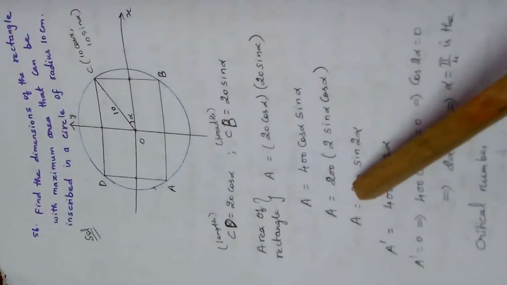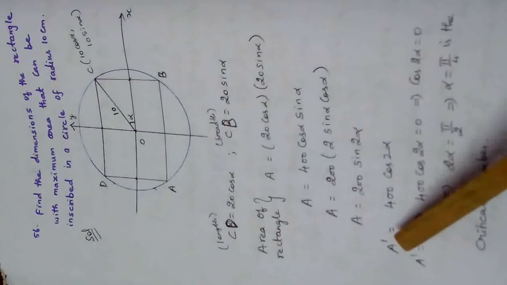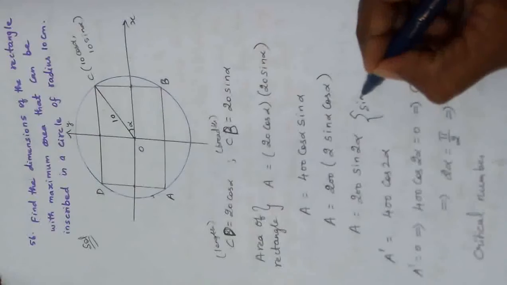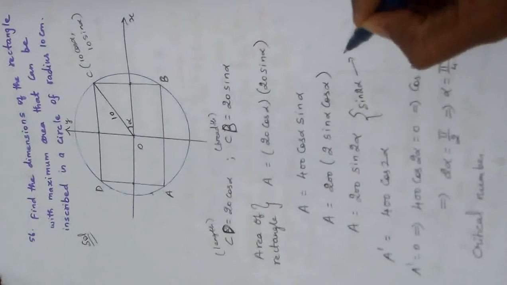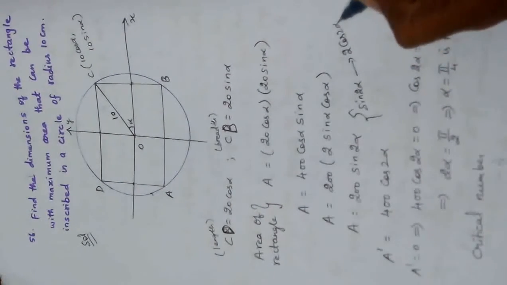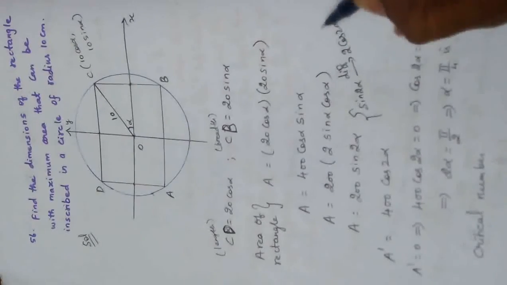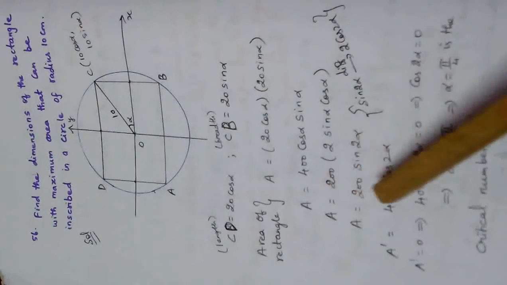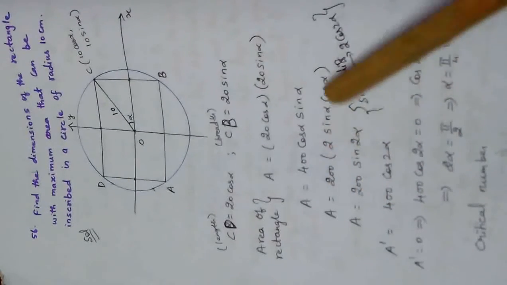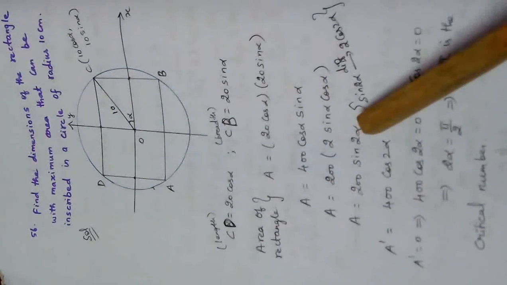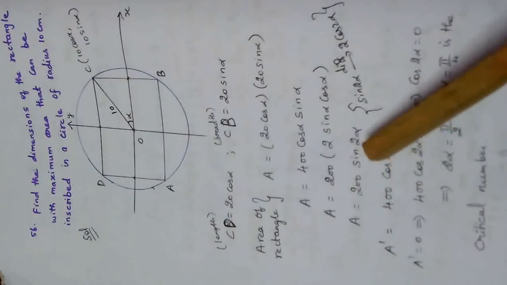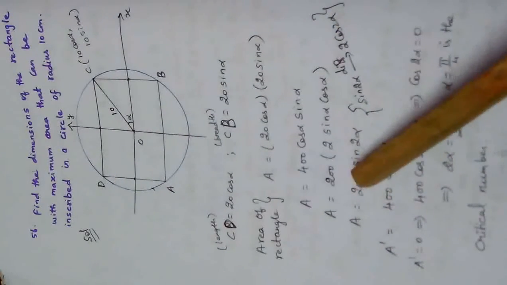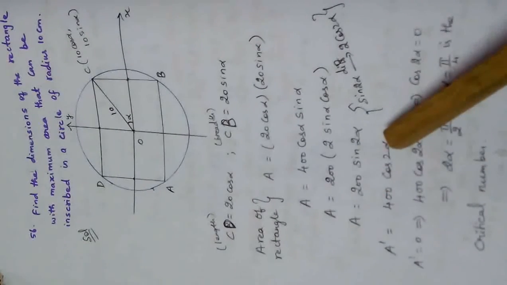We want this to be maximum, so differentiate that. First derivative means differentiation of sin 2 alpha. I'll write the formula here: sin 2 alpha, if we differentiate, the answer is 2 cos 2 alpha. So 200 will remain, and A dash means differentiating. Sin 2 alpha differentiation is 2 cos 2 alpha. Another 200 is there, so 200 into 2 becomes 400 cos 2 alpha.